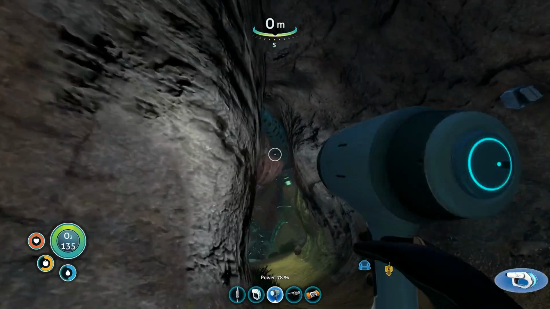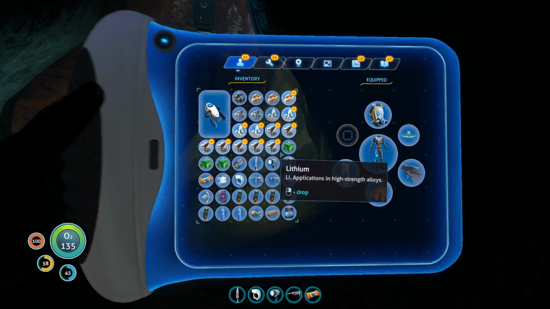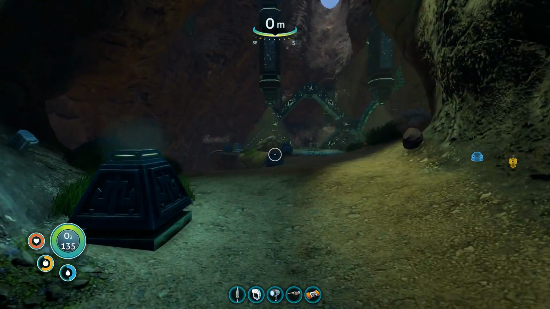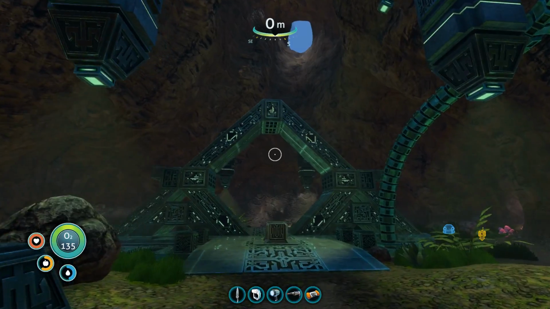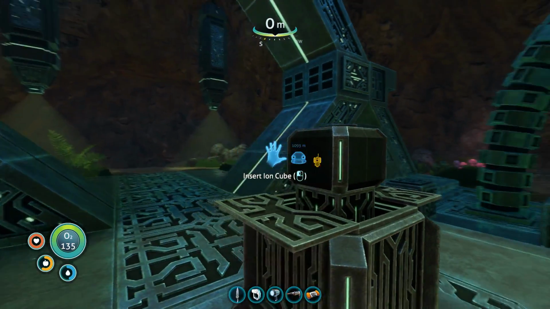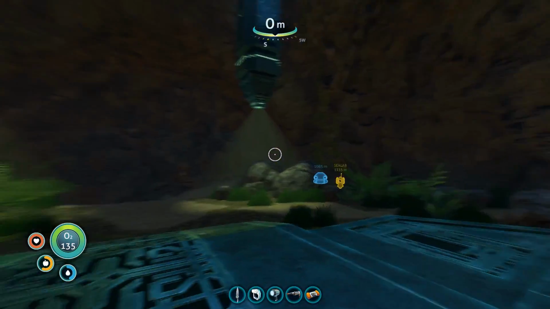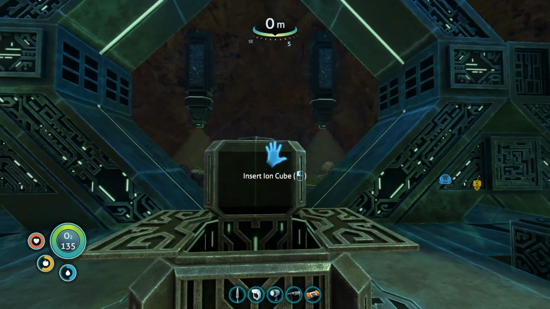More lithium, more shale, and our inventory is full. Anything we're willing to give up here? Lead, I think we would give up for a chance at some lithium. But hello, look at this. What have we here? It's another one of these alien arches. And this one has some kind of activation panel here, console, that is asking us to insert an ion cube. Now we happen to have a bunch of ion cubes that we picked up on board. So